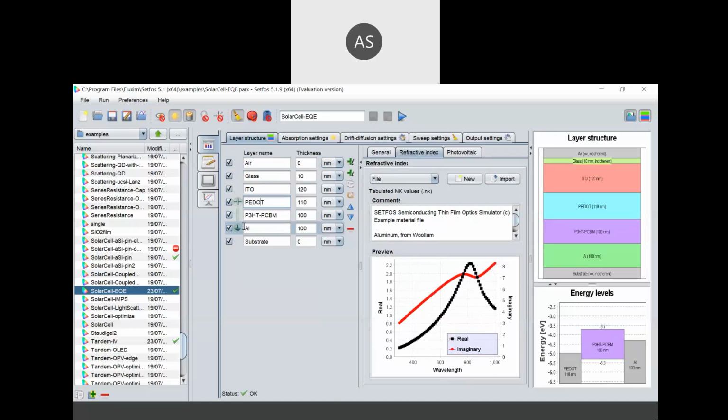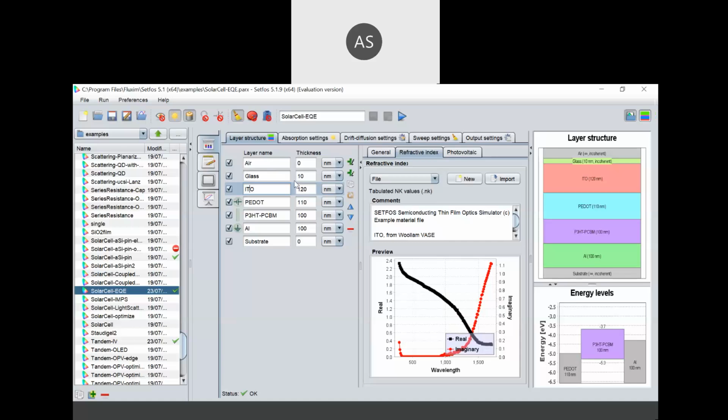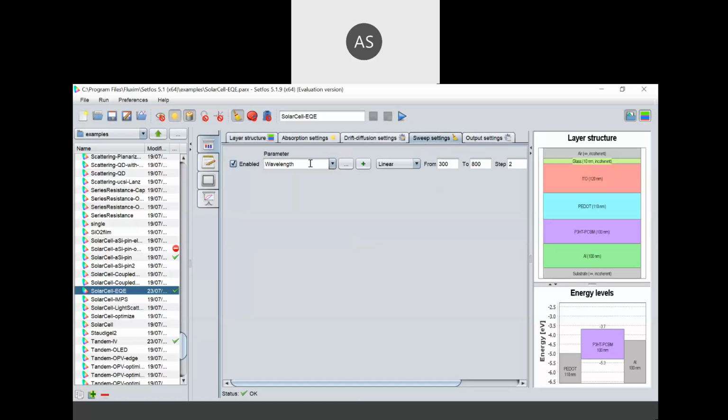You can find the top electrode and ground, and the semiconducting, non-absorbing coherent and incoherent layers. Now we are swapping the wavelength in this solar cell EQE example. Earlier we swapped the voltage biasing. So yes, definitely anyone can extract that data. Data can be extracted easily.